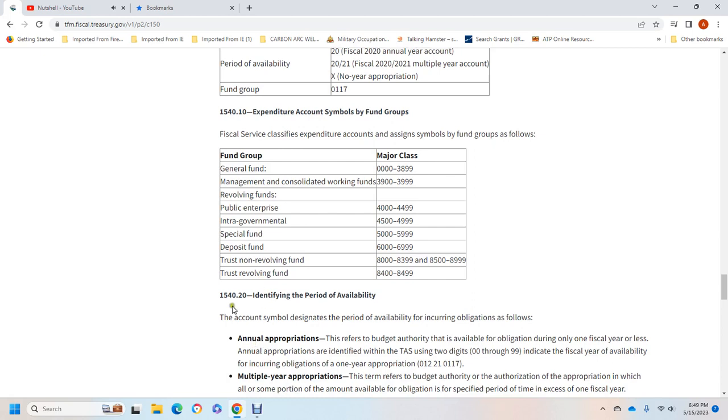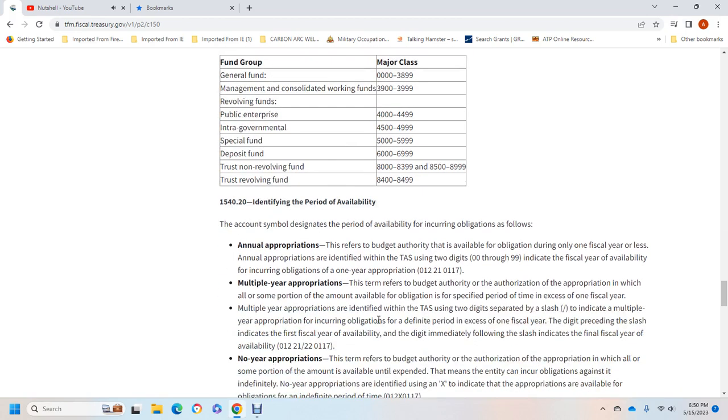1540-20 identifying the period of availability: the account symbol indicates the period available to incur obligations. For annual operations, the budget authority is able to obligate during only one fiscal year, and this is identified by the Treasury accounting symbol with 2 digits for the year available for incurring obligations. One-year operation, multiple-year operation: the term refers to the budget authority for the authorization,